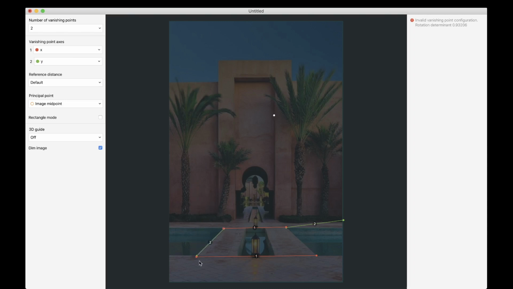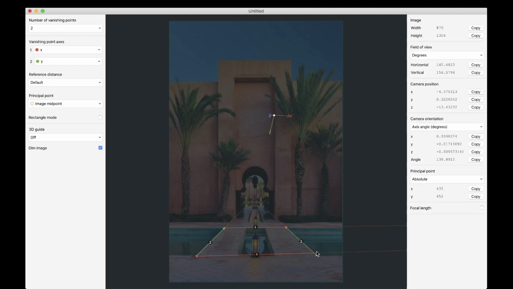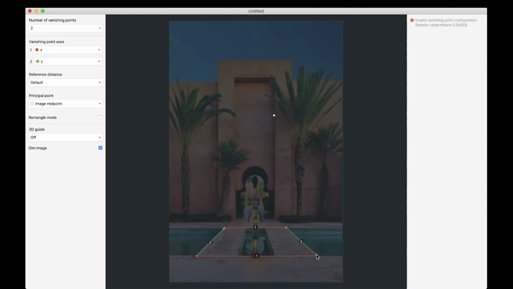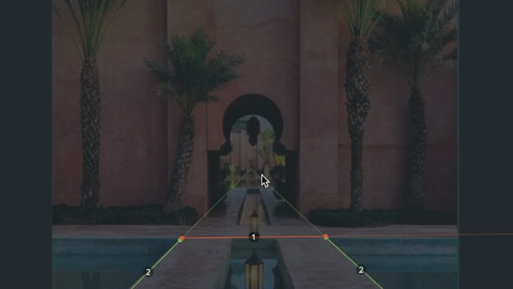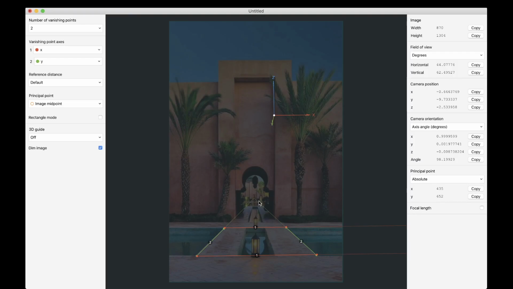Now that I have set this across y-axis, there is only one line remaining, after which we will get the vanishing point. Now that I have done that, you can see we cannot see a vanishing point. This is because we have to do some minor tweaks to allow it to capture the point. Now you can see it is capturing it right now over here somewhere. So now this way it has captured the vanishing point, and which means that now when we will import this thing into Blender, a camera will already be set for us.